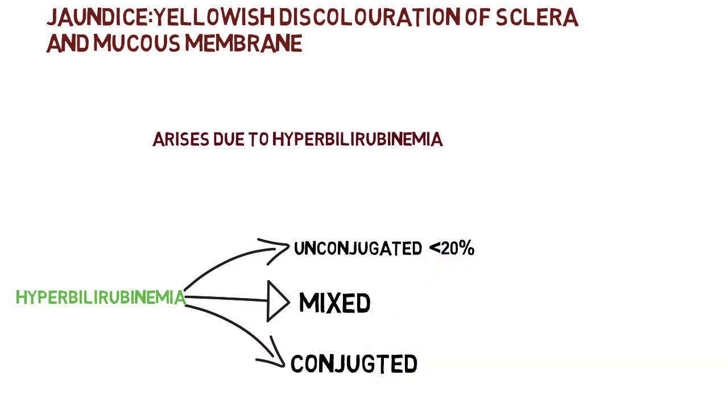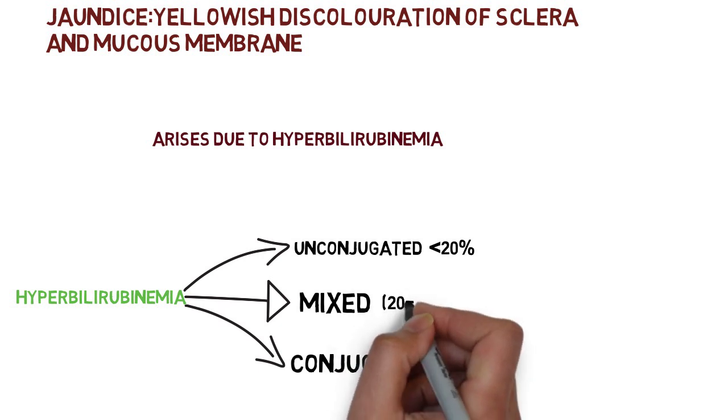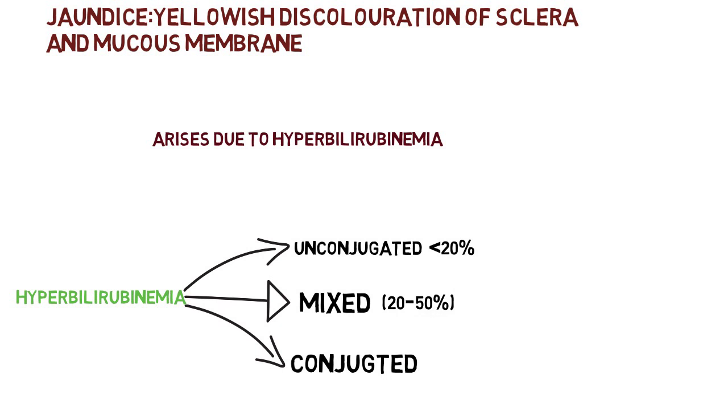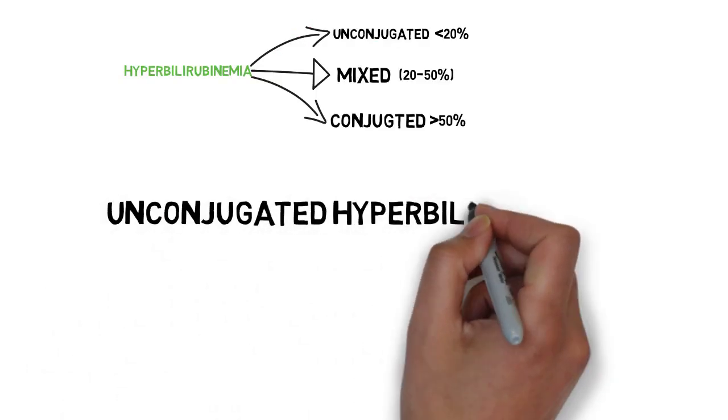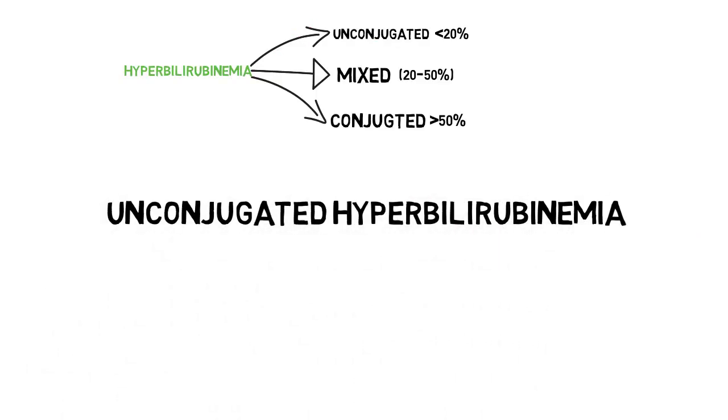In case of unconjugated hyperbilirubinemia, the percentage of conjugated bilirubin is less than 20%. In case of mixed hyperbilirubinemia, it is between 20 to 50%, while in case of conjugated hyperbilirubinemia, we have more than 50% of the bilirubin as conjugated bilirubin. So covering the unconjugated hyperbilirubinemias first